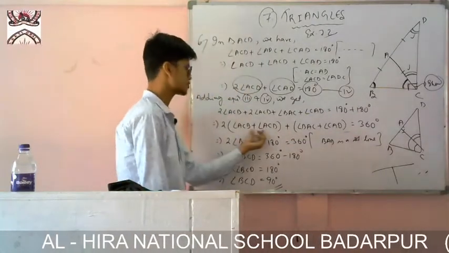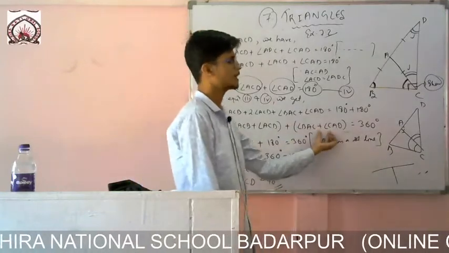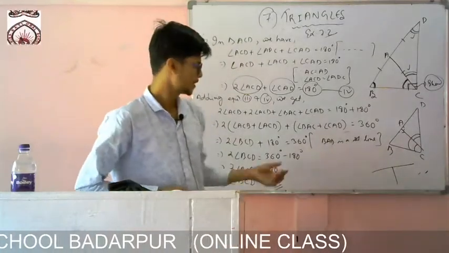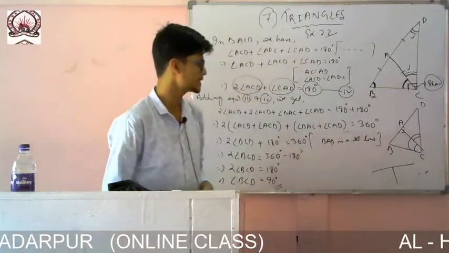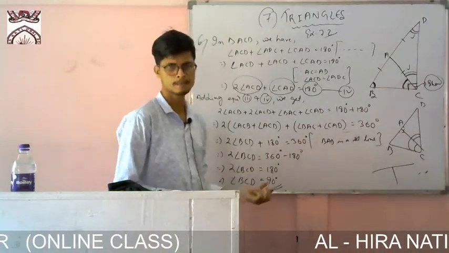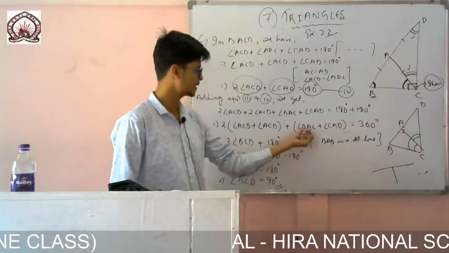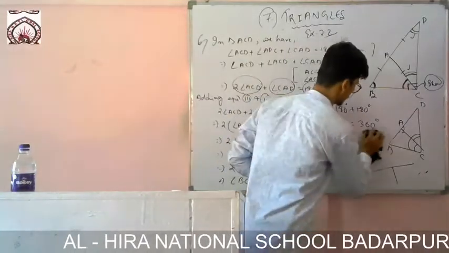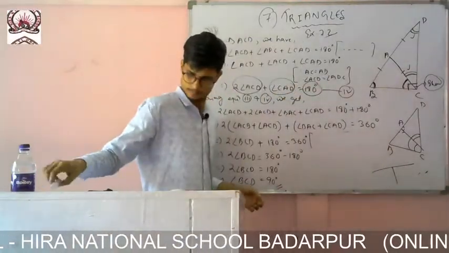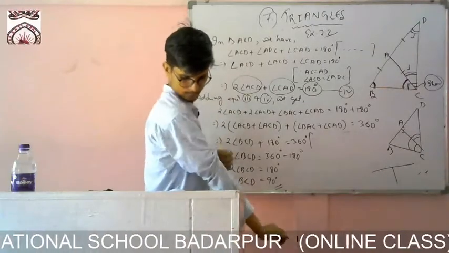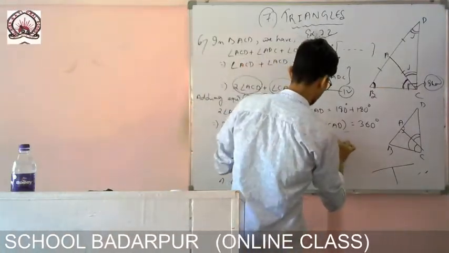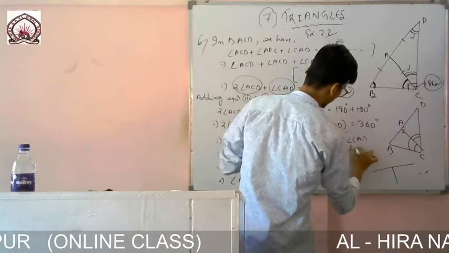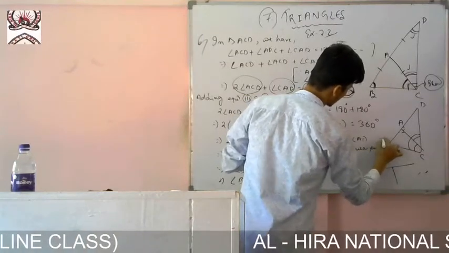So what happens here, these two angles if I add, I will get BCD, and these two angles form a linear pair. So if you want, you can write like this, angle BAC and angle CAD are a linear pair, or you can write, since BAD is a straight line, that's why these two angles form 180 degrees, okay. Or you can write here angle BAD, then you can write 180 degrees, no problem. Okay, it's better you write them as a linear pair. You write like this, angle BAC and angle CAD form a linear pair, then the problem will be solved directly, okay.